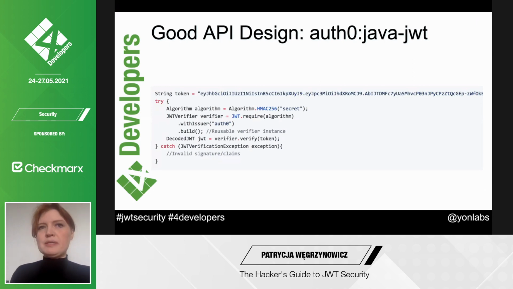Here's something more optimistic. A library with quite nice API design supporting security. Please note how strong typing and object-oriented programming help to achieve good security. We have an abstract algorithm with several subclasses. A key and an algorithm are packed together, so no problem with a different interpretation of a key, like in that example of an RSA key used in an HMAC context.